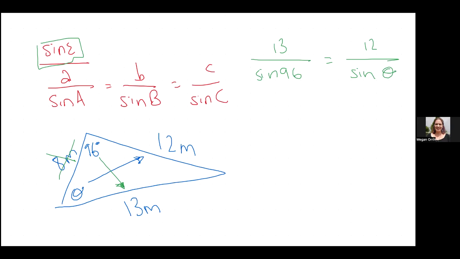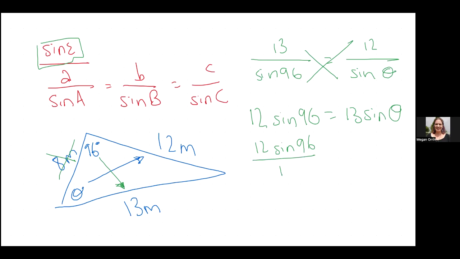All right, so we are cross multiplying. Anytime you see 2 fractions like this, always cross multiply. 12 sine 96 is 13 sine theta. What do we do next? How? Good, divide by 13. And then how do I get theta by itself? Okay, the inverse sine of this, which gets me